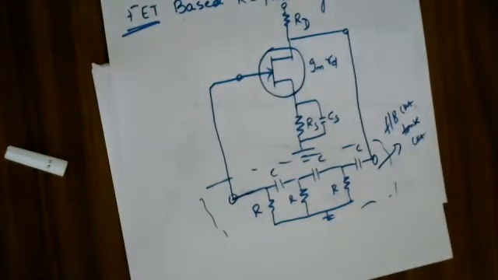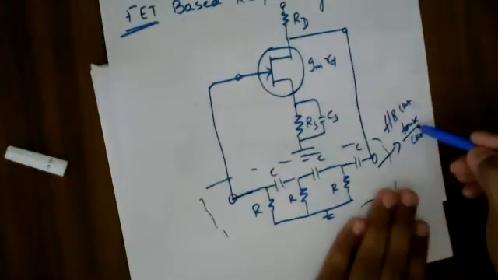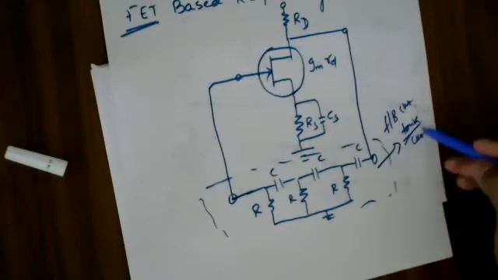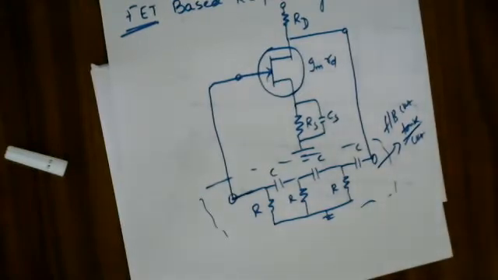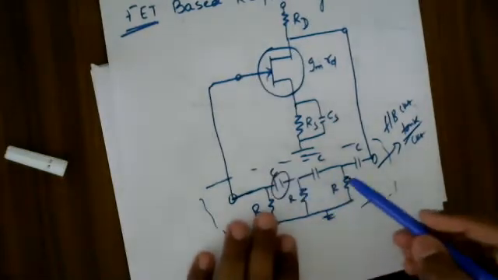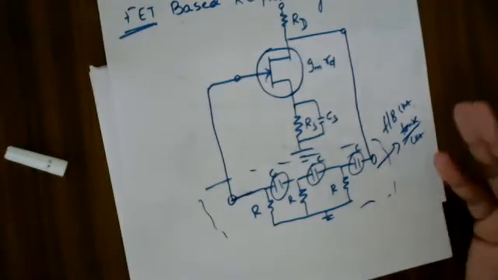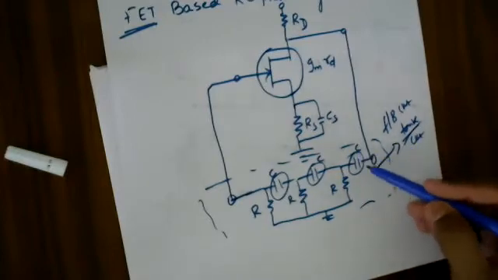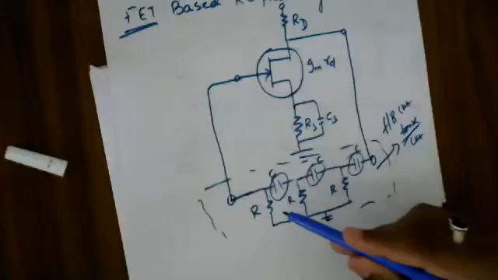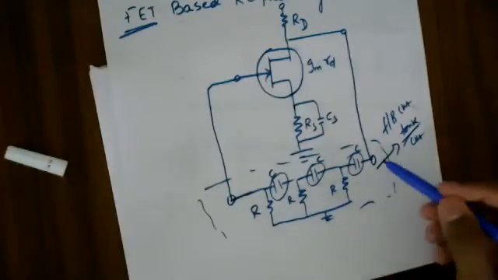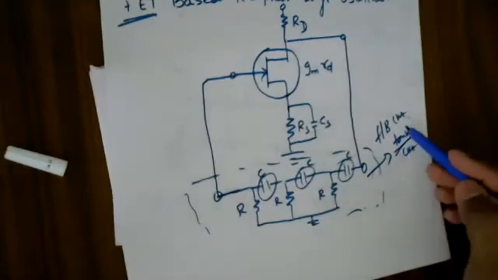I think I must have expressed in previous lectures why it is called a tank. As you know, in case of a tank that you use in your day-to-day life, you store the water for your daily usage. Similarly, this passive component, the capacitor, is going to store the energy in the form of electrostatic energy, in the form of electrostatic charges. Since this is an energy storing element, this portion of the circuit is called a tank circuit.